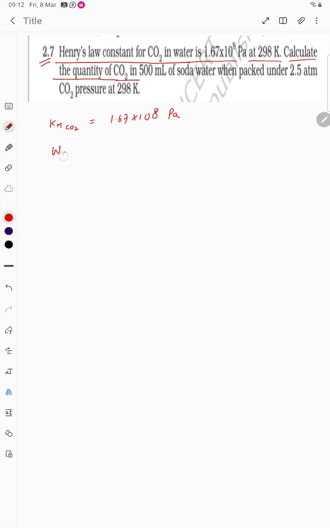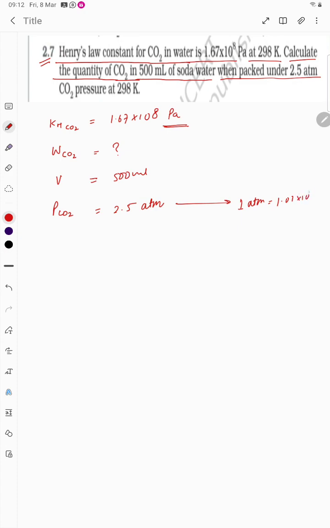They are asking for W_CO2, the mass of CO2 in 500 ml of soda water when packed under 2.5 atm pressure. So P_CO2 they have given is 2.5 atm, but we need to convert it, because this is in Pascal and this is in atm. So 1 atm is equal to